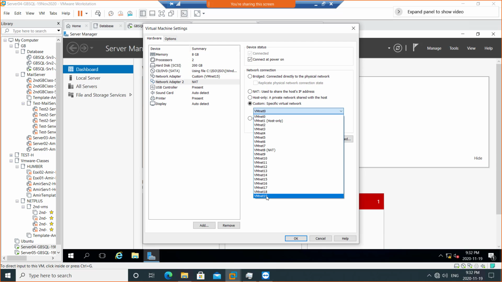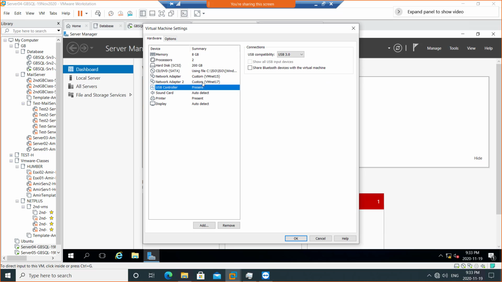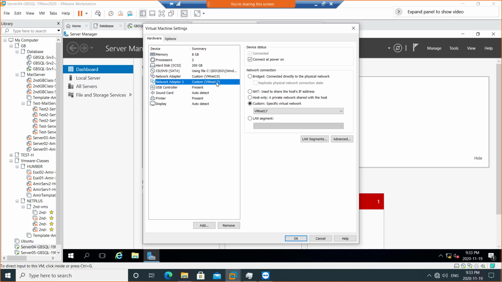So suppose you have two virtual machines. One virtual machine is on VMnet 17, one is on 16, so they cannot communicate with each other. All the virtual machines have to be on the same VMnet for each other to communicate with each other, right? So the second NIC of server 4 and second NIC of server 5 can be even on a separate VLAN, we can say. So I'm going to go for VMnet 17 and give the second network card only VMnet 17,